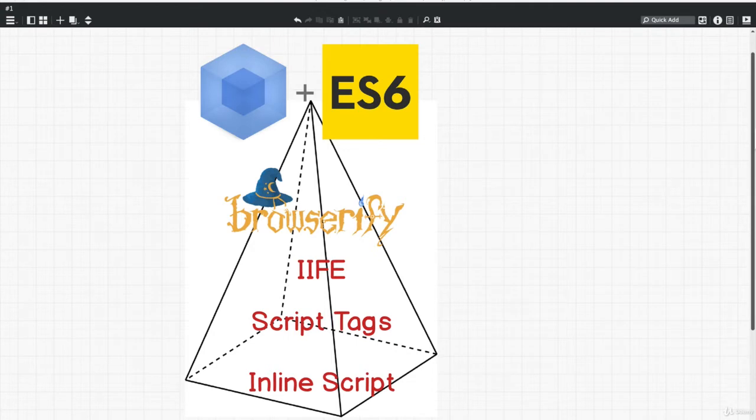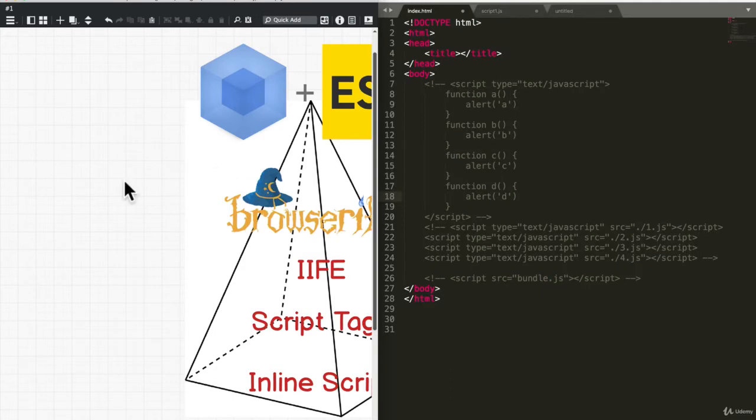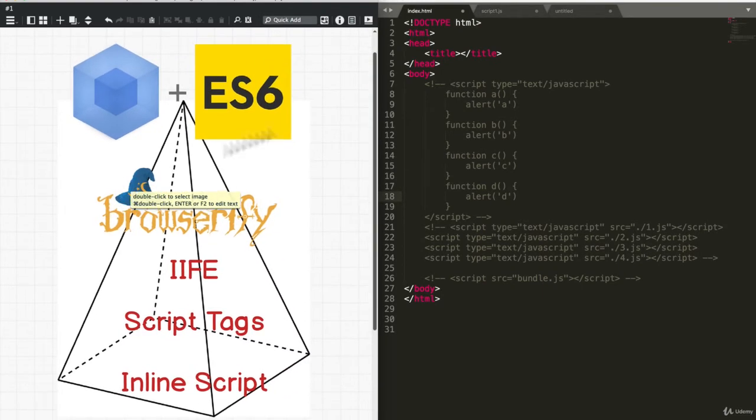And as we do in this course, we first start with the problem, then go to the solution that we have now, to see where we were and where we are now. This is the mental model that I've created, and I call it climbing the mountain of modules. Let me explain. When we first started writing JavaScript and creating websites with JavaScript, we had an HTML file,